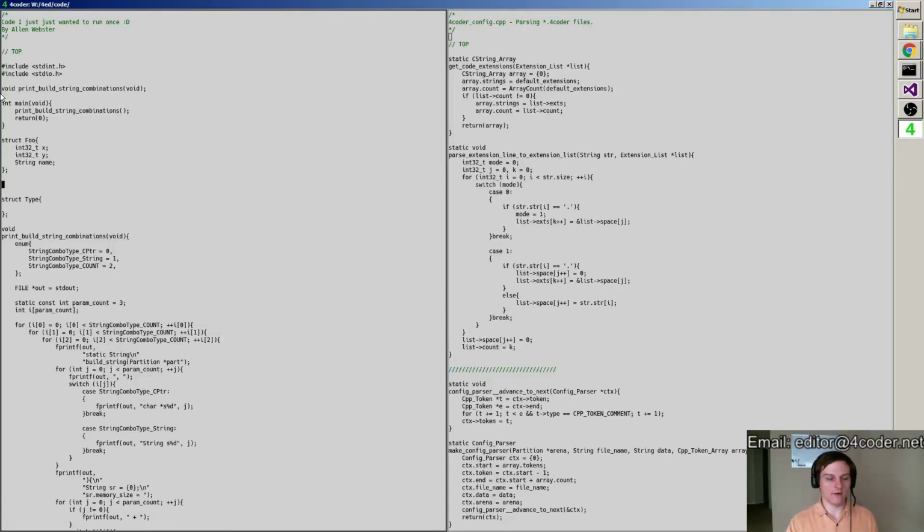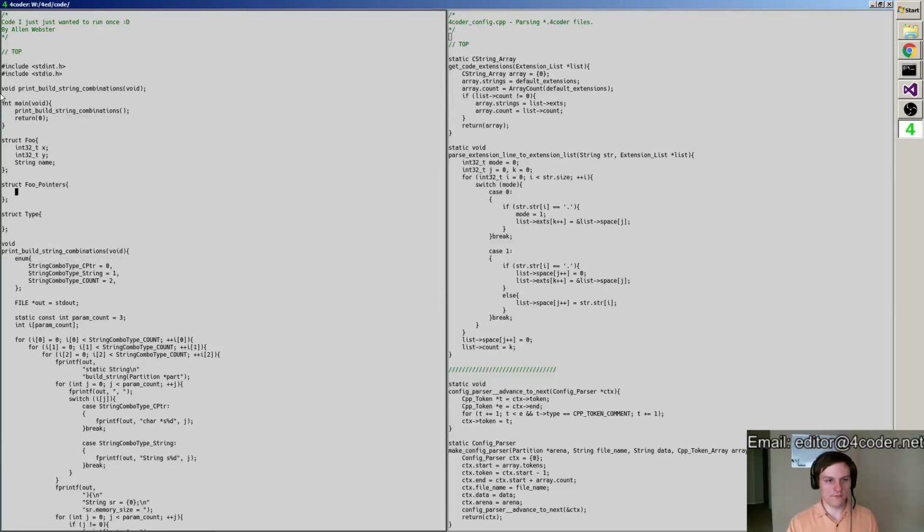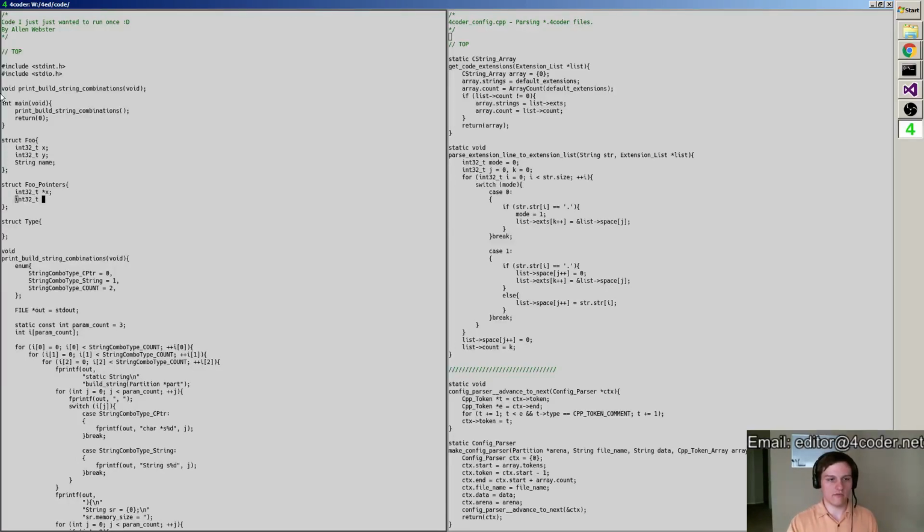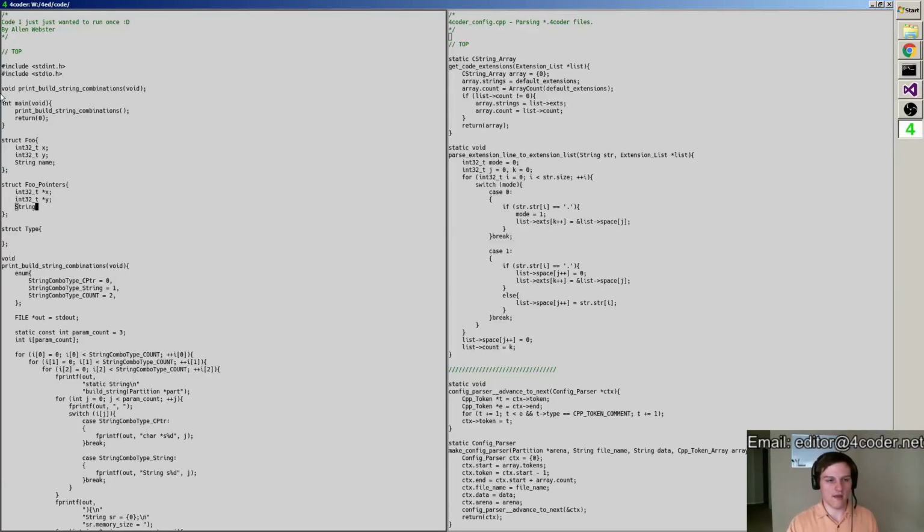Right? Whatever. And then I want to be able to have that foo like this as I have it, but I also want to have foo pointers. And I have that, I have that, and I have that. And you'll notice this isn't a pointer, but that's because maybe in this case the string kind of already acts as a pointer, and so we have a different sort of reasoning about how we think of strings when they're referential versus direct, and it doesn't actually involve putting a pointer on them or whatever, right?